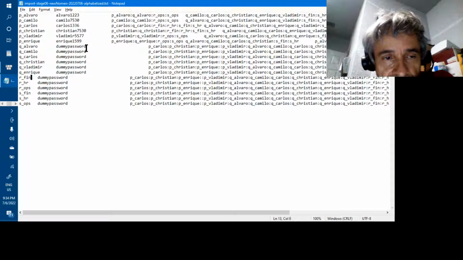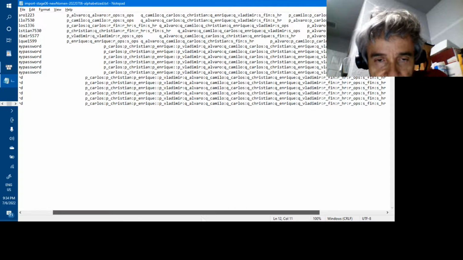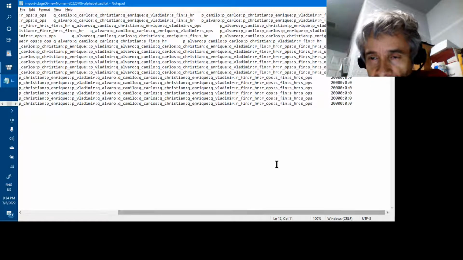Let's see. 1, 2, 3, 4. 1, 2, 3, 4. Why is this indented? Because these names over here are shorter, so the tab didn't need to be so wide. Something about that. And there,